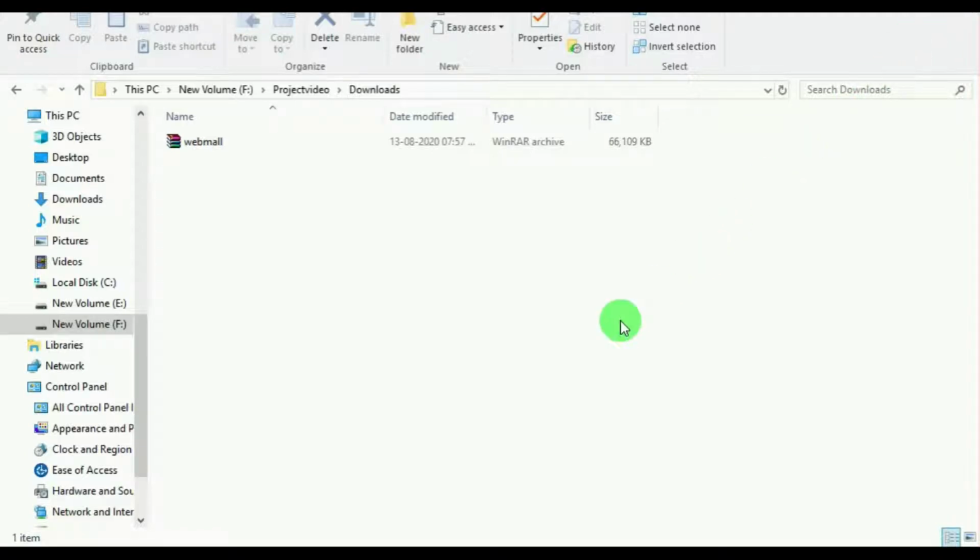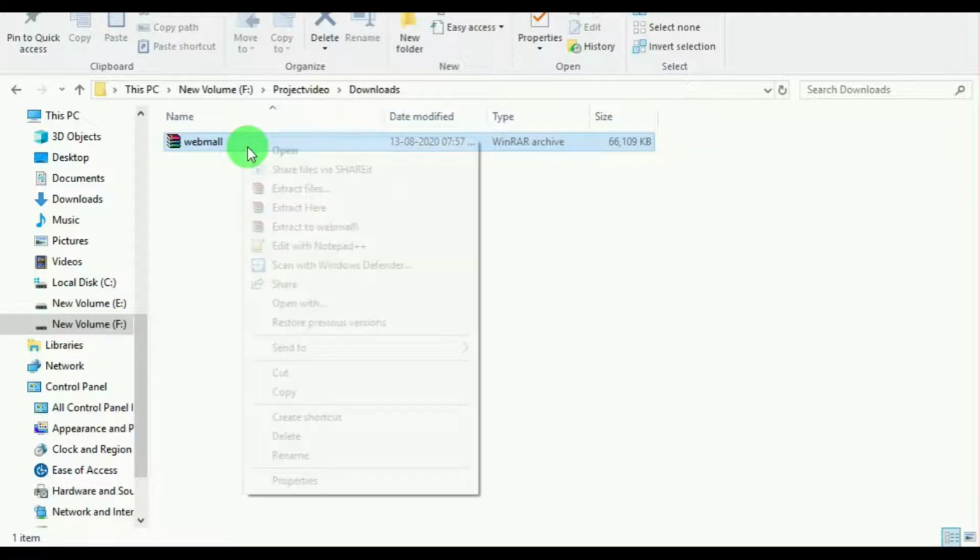Hello everyone. Today I am explaining about the project WebMall. You can see the downloaded file of the project WebMall. Now let's copy this and paste it in the